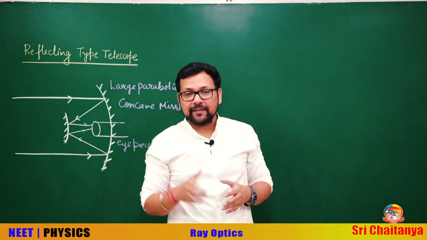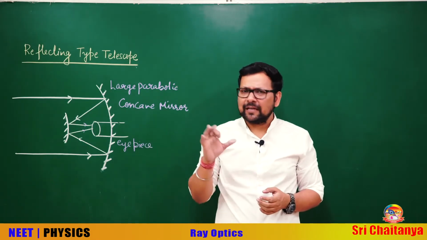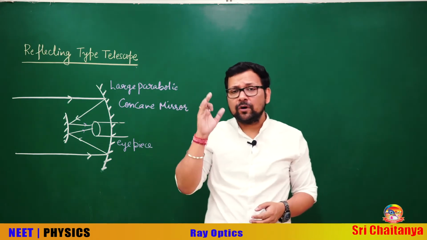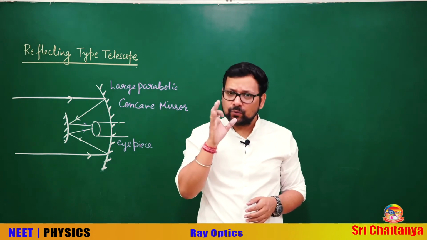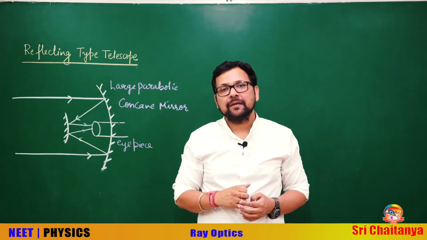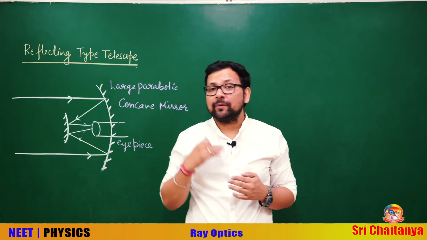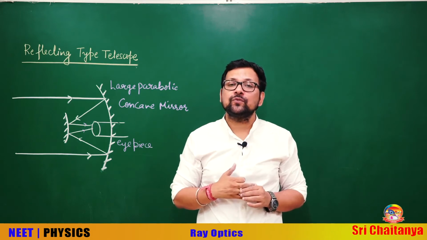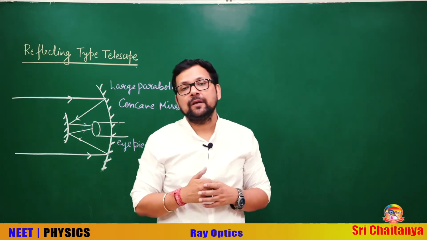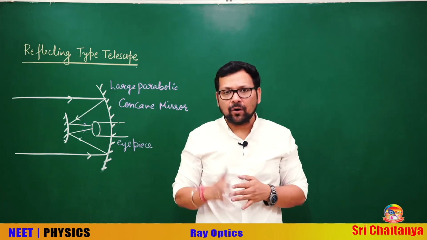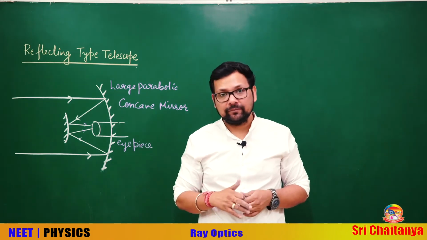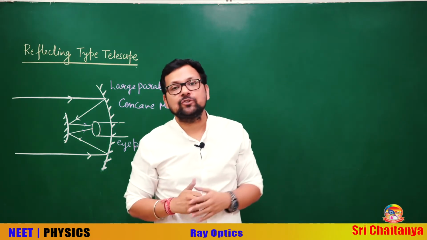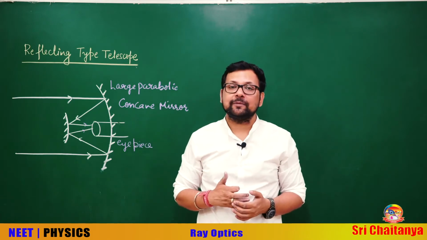See, in a refracting type telescope, we calculated the magnification, and we know the ray diagram also. But if you observe one thing, the two lenses that we are using there, both are convex. So, we are not using the achromatic doublet, which we use for removing chromatic aberration. If you are using a lens, obviously there is chromatic aberration. So, when the image is formed and you are viewing it through that telescope, that image comes with chromatic aberration.